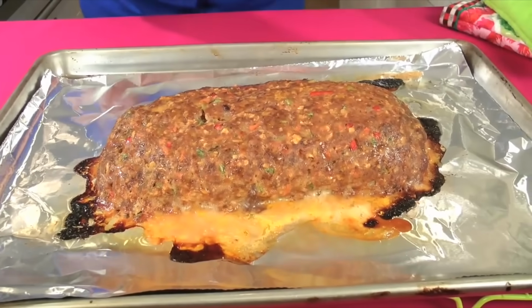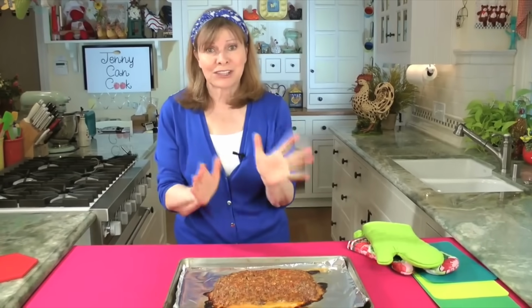The end cut is the best part, but you do have to let it rest for 10 minutes before you eat it. So, you have to just be patient. But when you try it, if you don't think this is the best meatloaf you have ever had, maybe you should take your meatloaf and